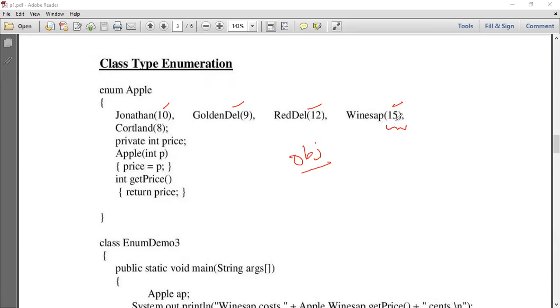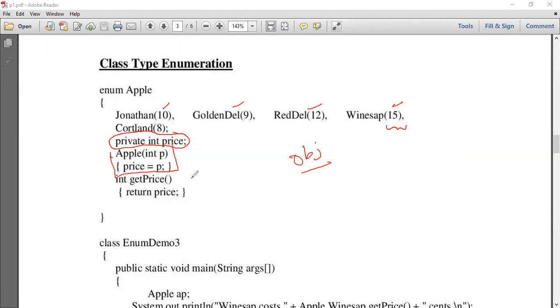This value can be assigned to a member variable, and that member variable can be anything. Here, this private int price is a member variable and this value gets assigned to this particular price. This is the constructor part where the value is passed as an integer and it gets assigned.